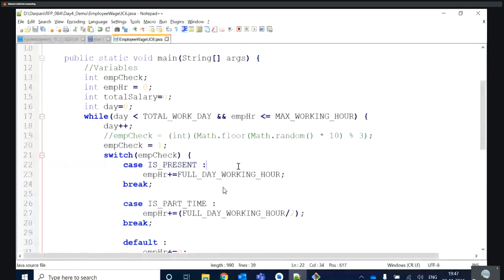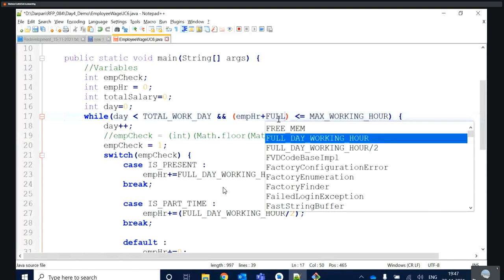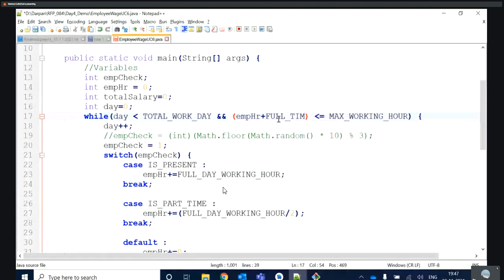So for this scenario, we check all employees as full time, with full day working hour.